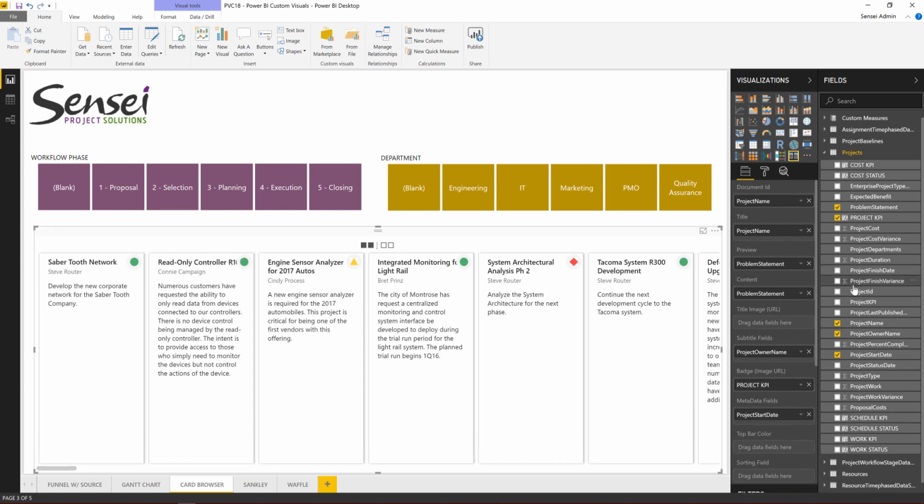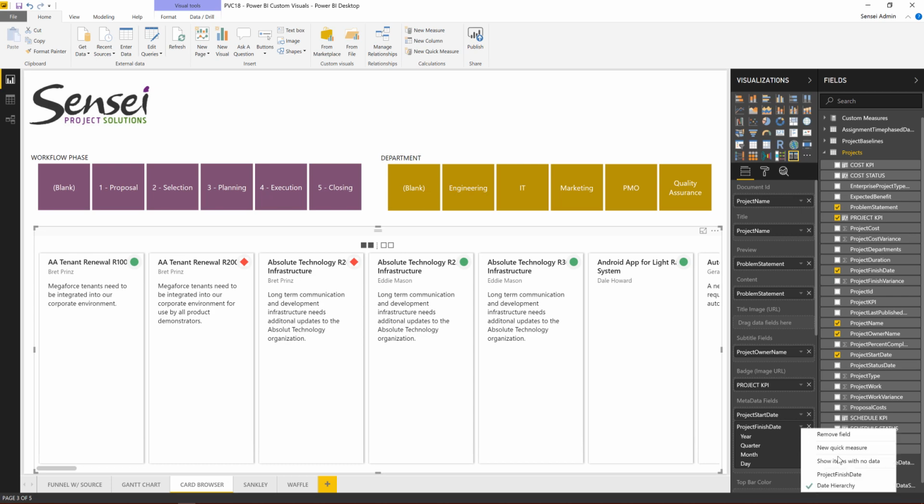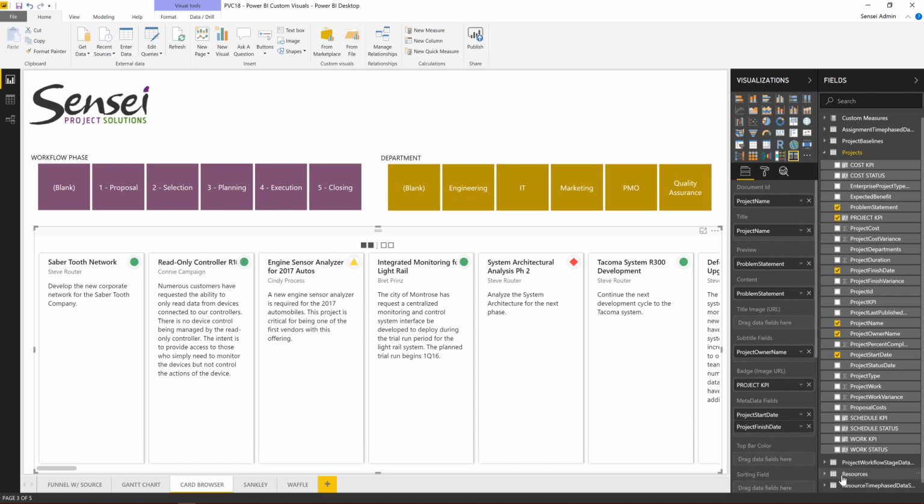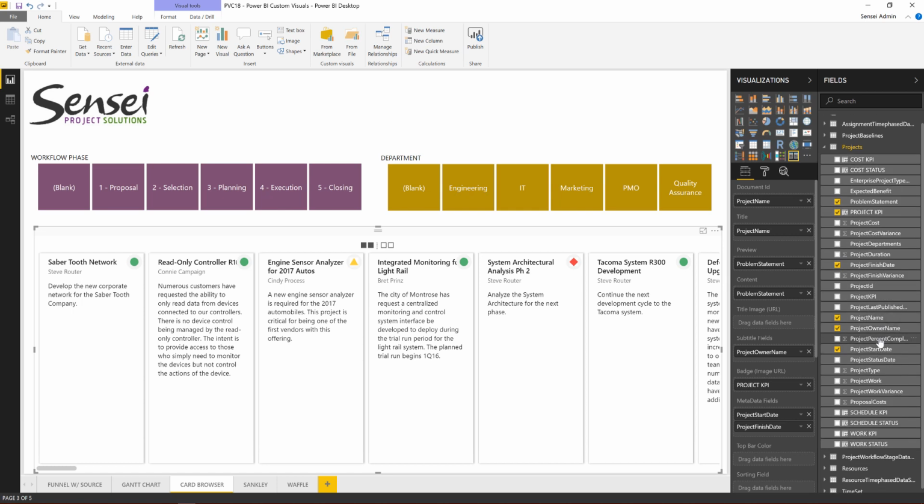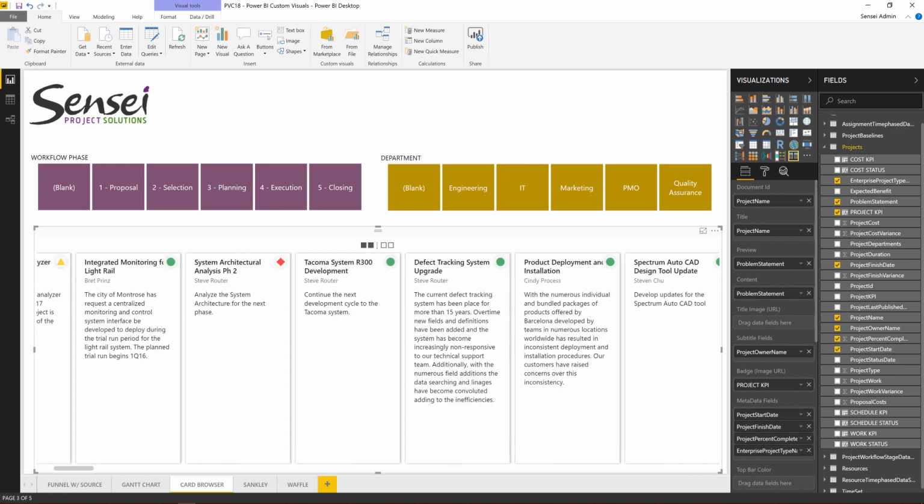I would like to see also the project finish date. So project finish date is something important that I would like to have. I will move this over here. I would like to know what my percentage of completion is, for example. And I would like to see, for example, what's the enterprise project type. So as soon as I have some more information about my project in the card, what I can do is